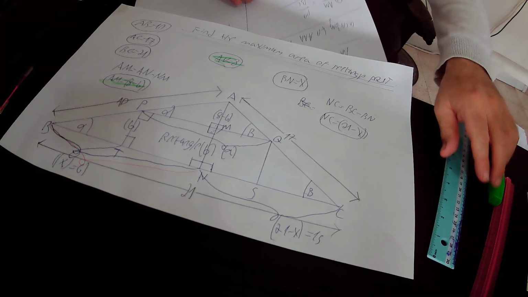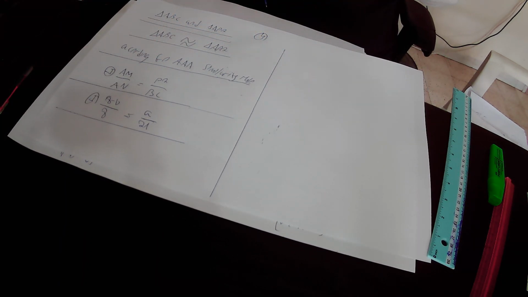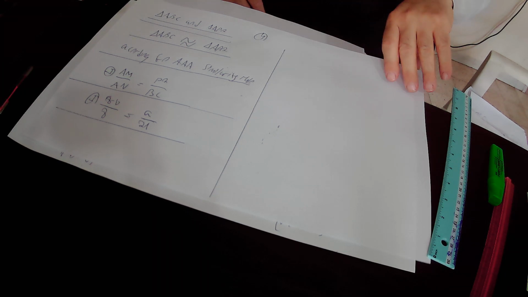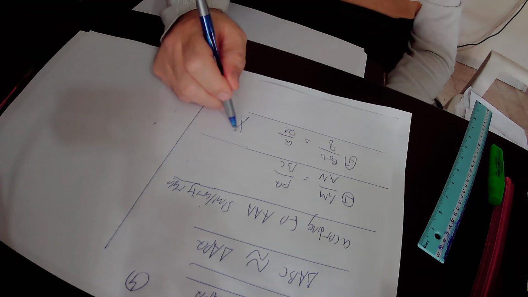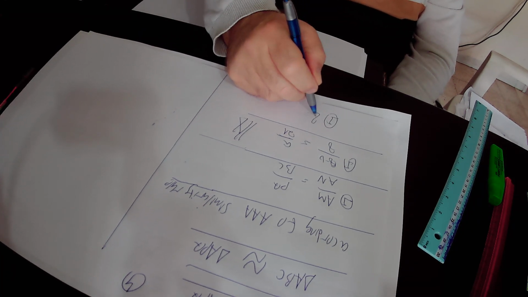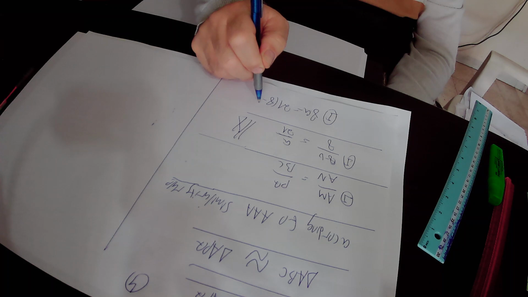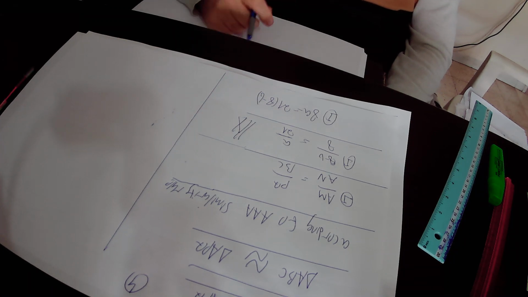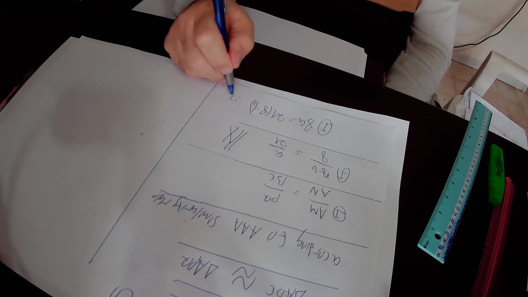In conclusion, we should have found out that according to equation 1, (8 minus B) over 8 equals A over 21. Here we cross multiply this equation 1, and we get that 8A equals 21 times (8 minus B). Here we divide this equation 1 by 8. And finally we get that